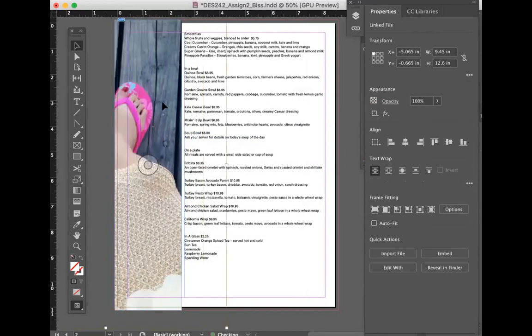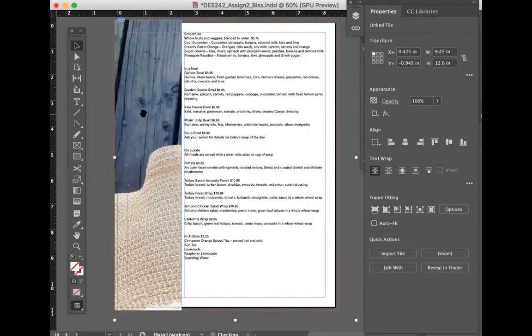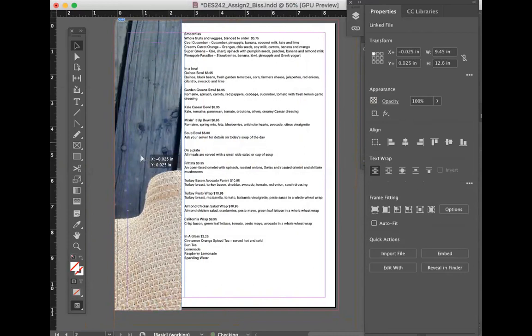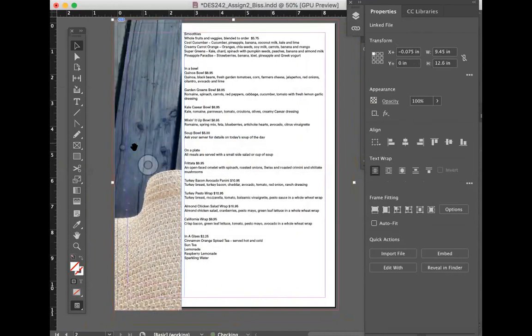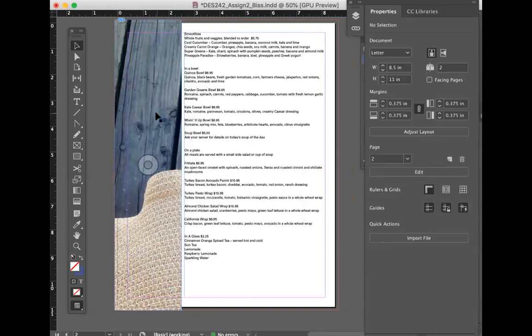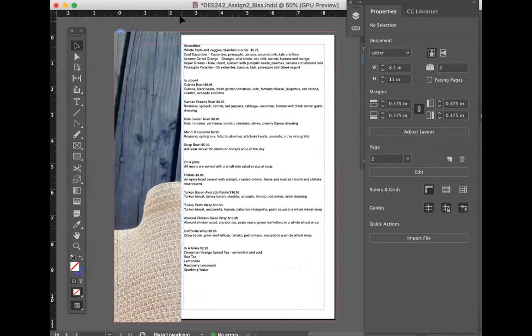This is kind of where you can play around with the arrow tool. Pull this down a little bit. There we go. Something like that. It's almost like an abstract look, but you're keeping the consistency of this. Okay, so that's about 2 1/2.